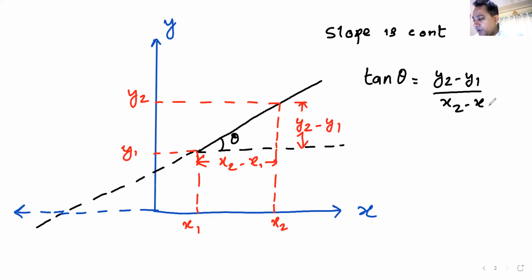Now there is one more way of writing the same thing. I'll write it like this. Delta y by delta x. Have you seen this notation before? Delta y by delta x. Anyone? No one has seen this notation before? I got no response. Chaturya says he does not know about it.